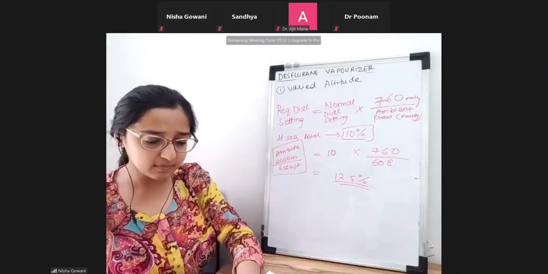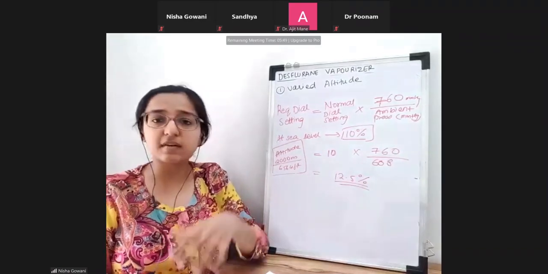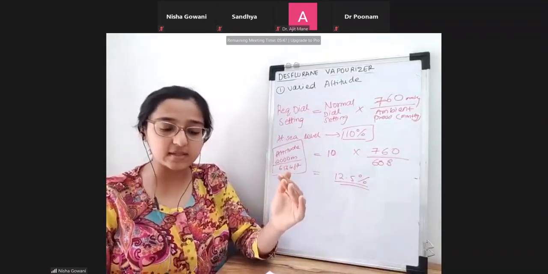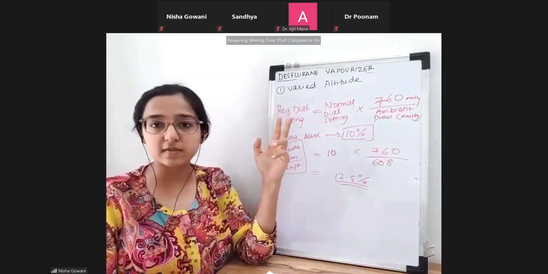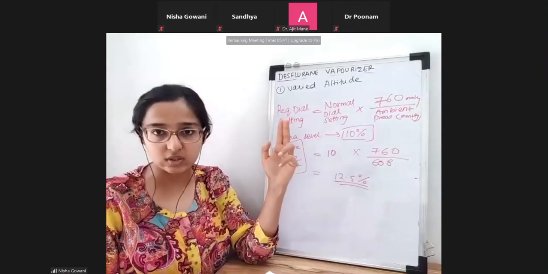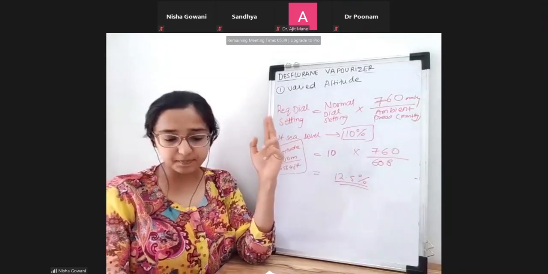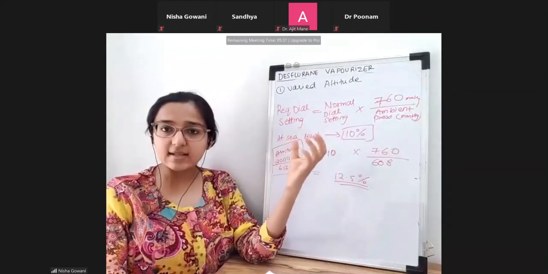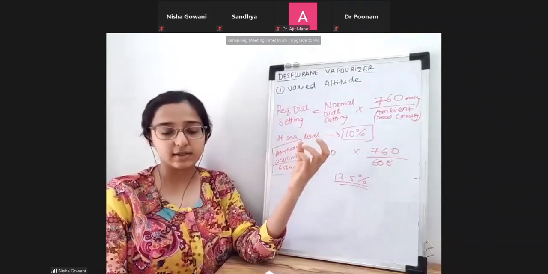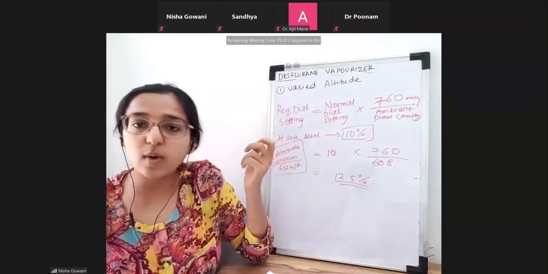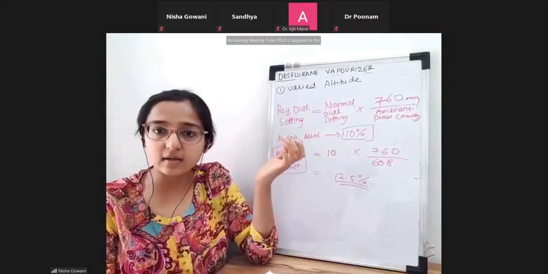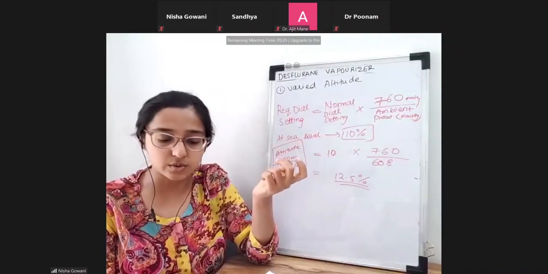The next factor which is affecting the output of the desflurane vaporizer is this. The Tec 6 vaporizers of desflurane have been calibrated with 100% oxygen. The vaporizer output and the dial settings, everything has been calibrated with 100% oxygen. Now, what will happen when you add another gas? For example, you're adding nitrous, or you're adding air along with oxygen.